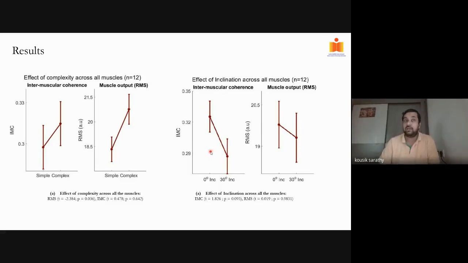What we think is happening is, to compensate for the increased load, the muscles are not resorting to increased firing, they are resorting to increased synergy. At least this is what we see in healthy subjects. We are now curious to see what will happen in patients, which is again being halted due to COVID. So hopefully in the near future we can do these measurements on patients as well, and that will give us a good framework to understand how patients are compensating and how this compensation changes over time when they rehabilitate.